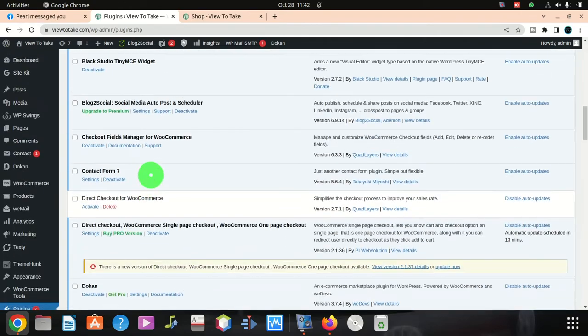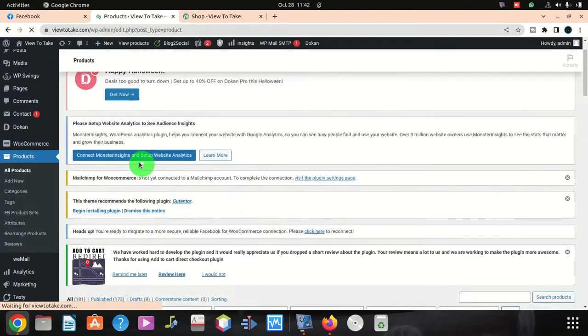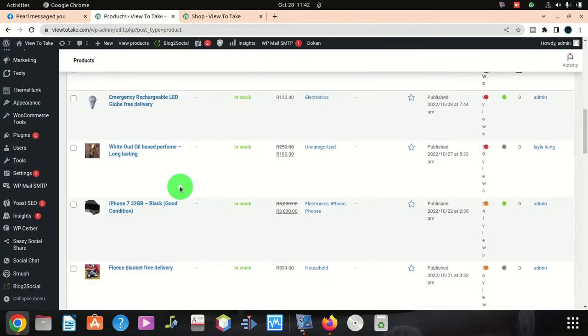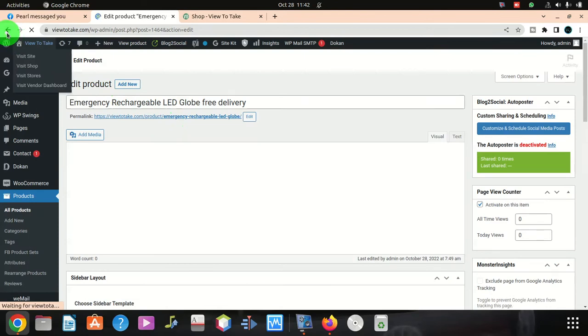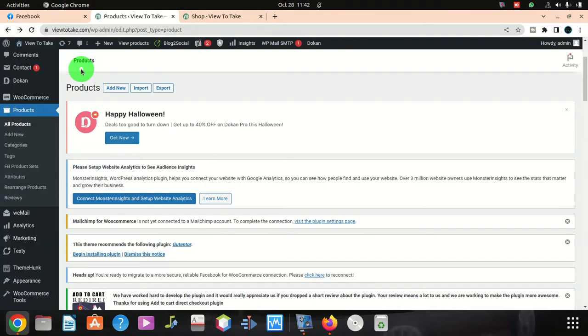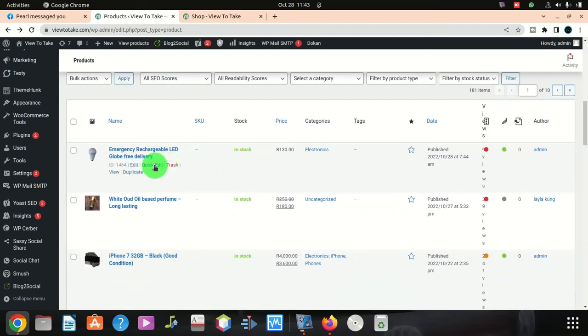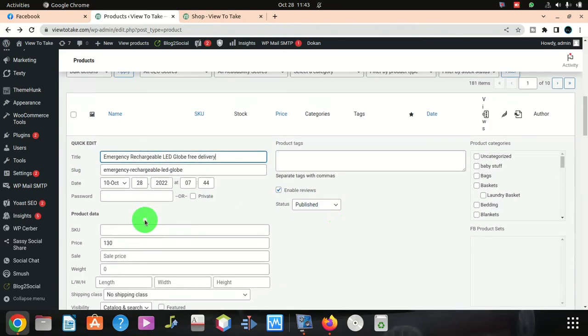Sometimes if you use a plugin and it doesn't work, do this. Go to products, then click on view, edit. This is gonna be edit. I didn't want to edit that way. Go back. We're going to edit. We're going to put it this way. You go to this quick edit, then you see